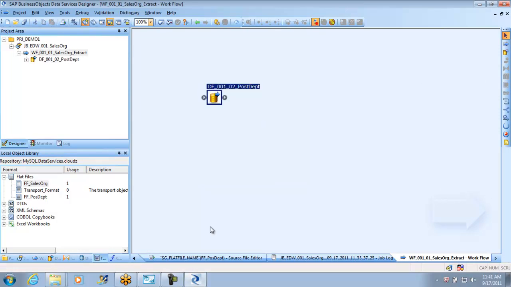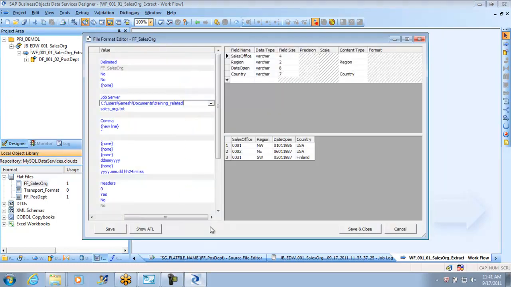I will put it here. So this is a simple data flow I have built. Instead of the sales org details, I am pulling here the position and the department details. So in this, what I try to do is, in here if you see, I have hard coded the path and file name. Whereas in